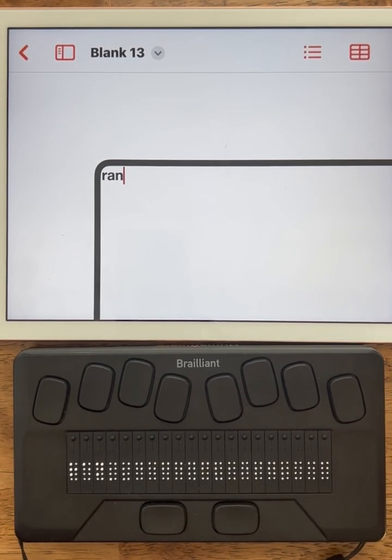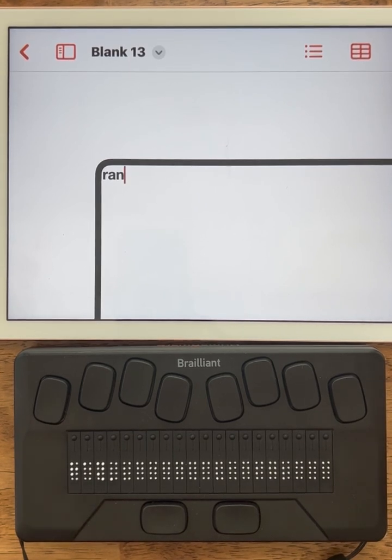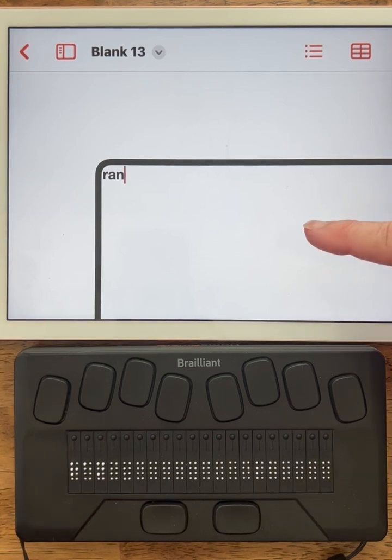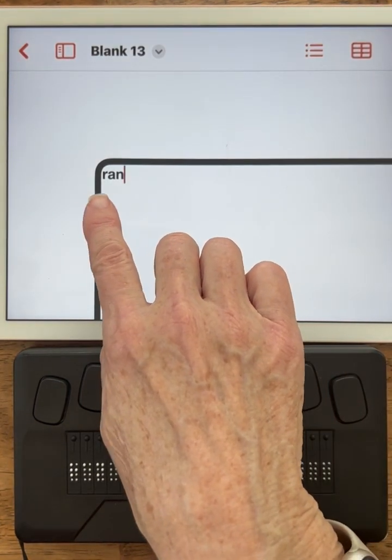This is a quick demonstration of writing and editing on a Braille display paired with an iPad. I'm using a Brilliant BI-20X. It's paired with an iPad running VoiceOver. I'm in the Pages app and I have zoomed in on the screen so that you can see the word